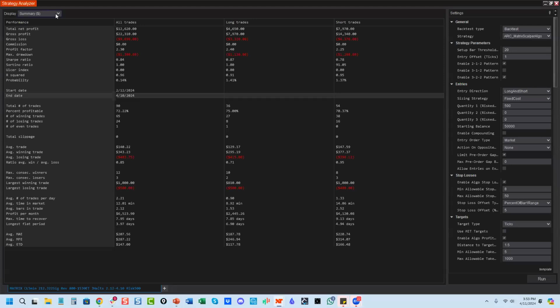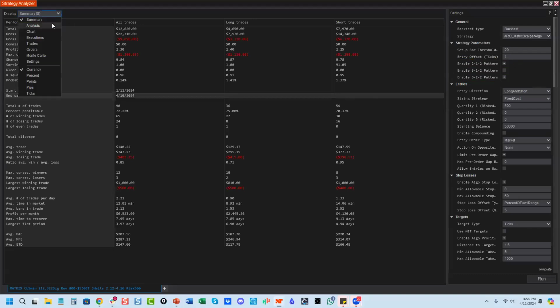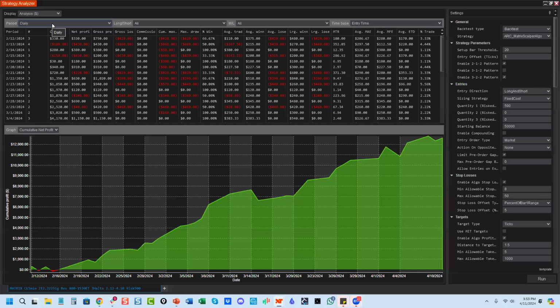And this is two patterns. So this is looking at two now. You've got one pattern, the 2-1-2, and the 3-2-2. Say that 3 times pretty fast. You'll be like, what? So let's go in here and take a look at the data.